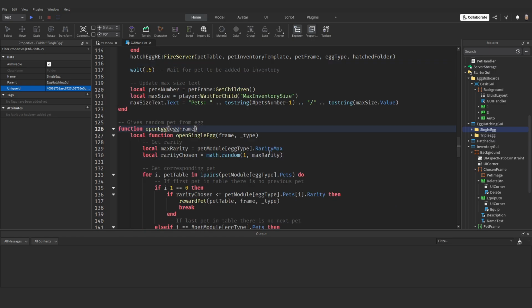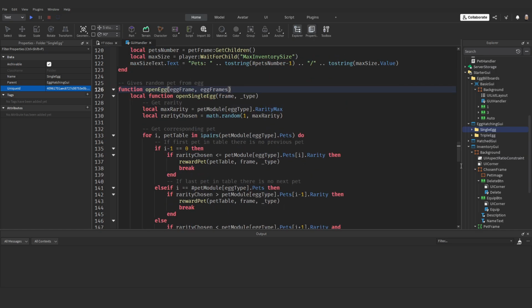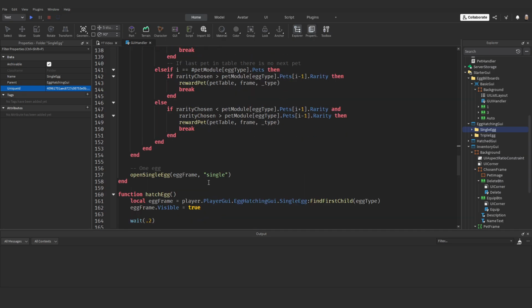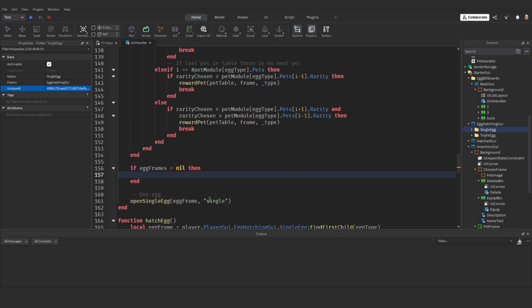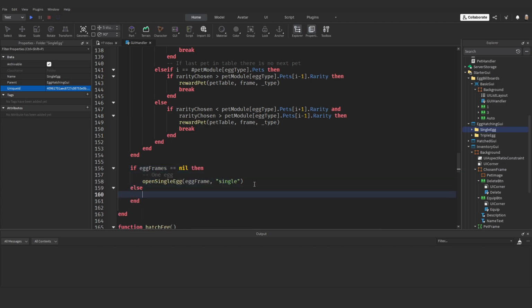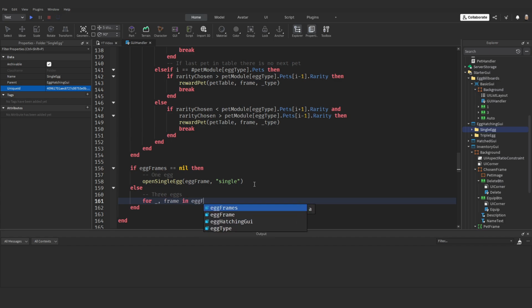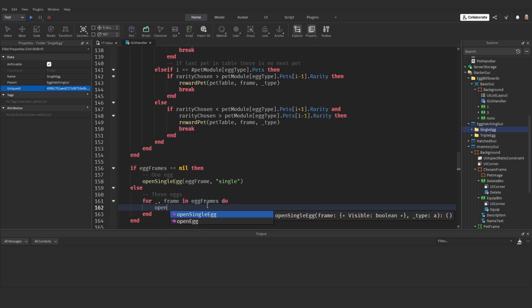Now in the open egg function, again, we're going to add an egg frames parameter. Open single egg will all be the exact same because it's just opening 1 egg. The only bit we're going to change is at the bottom. So if egg frames is nil, then we're only opening 1 egg, so we'll just open 1 egg. Otherwise, we're going to do 3 eggs. To do 3 eggs, we'll do for _, frame in egg frames, do, so loop through each egg frame. The reason we're doing an underscore here is because we don't need the index. It's good practice that when you're not using the index in a for loop, you just set it to underscore so you know you're not using it. Then we'll call open single egg, passing in frame,